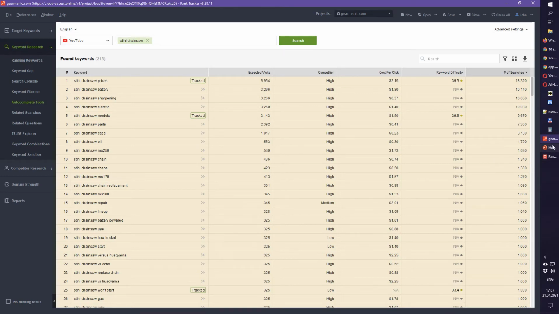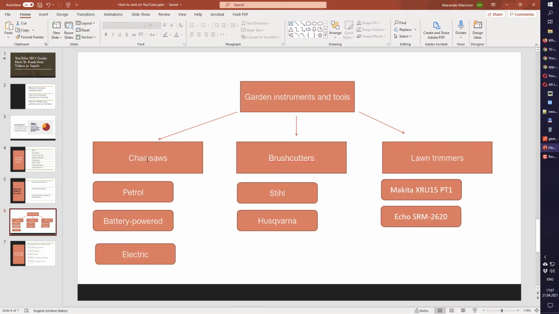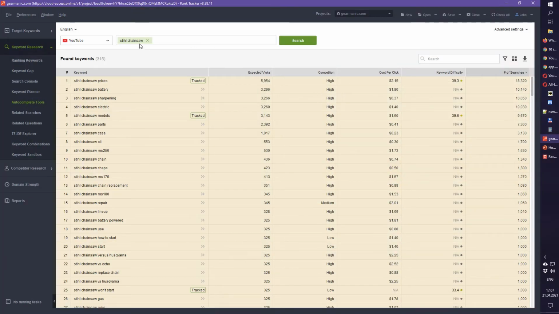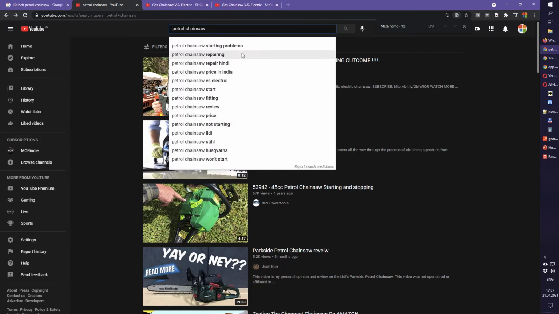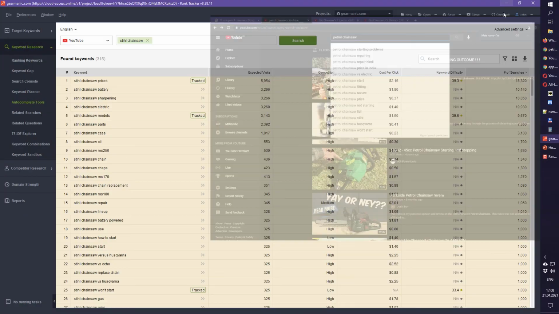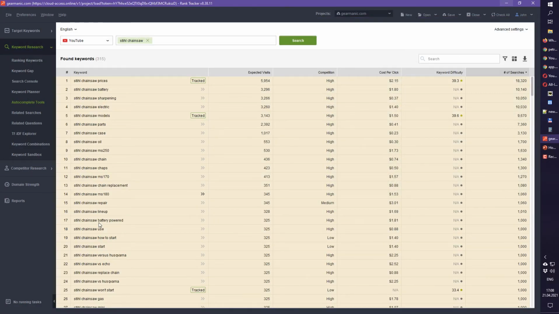As a seed keyword, you may use either the names of the categories or the names of subcategories, and Rank Tracker will collect keyword ideas directly from YouTube using the autocomplete feature. If we go to YouTube, this autocomplete will be all these suggestions that appear in YouTube when you're searching for something. Most probably these are the most frequently asked questions on YouTube that people use when making a search. So the software will collect all these suggestions, but as you see, this is quite an extensive